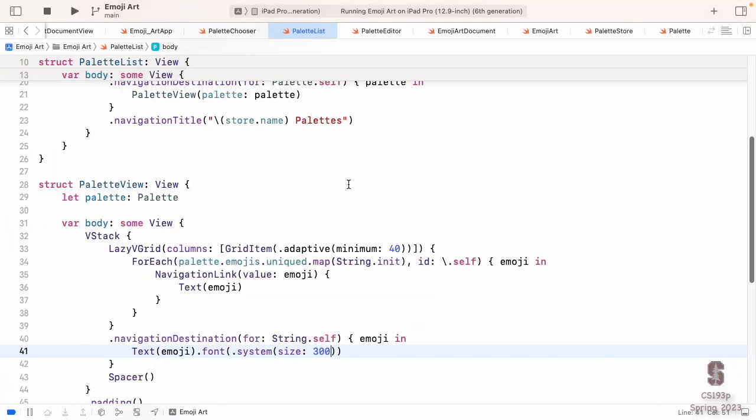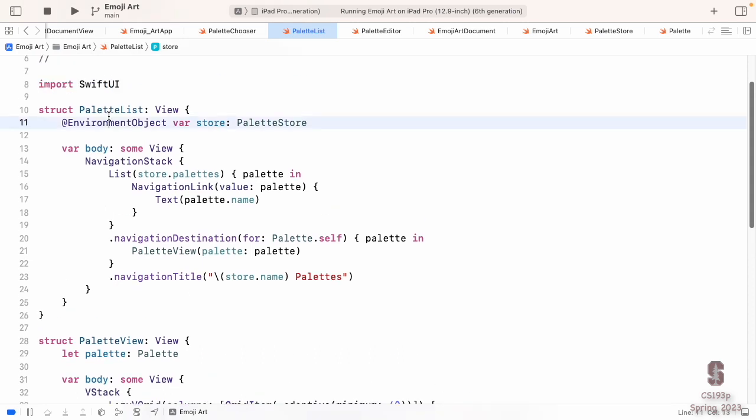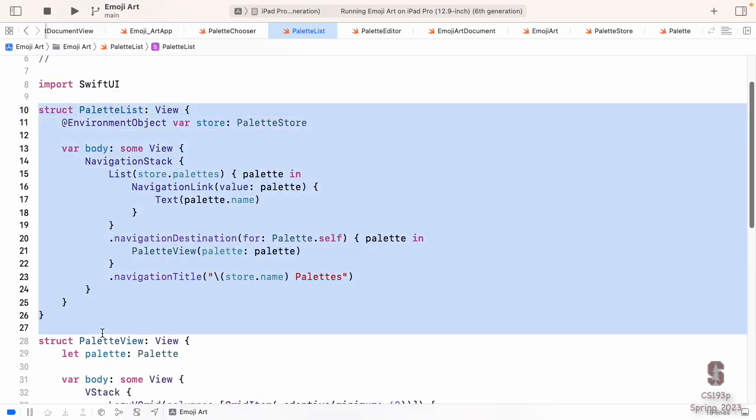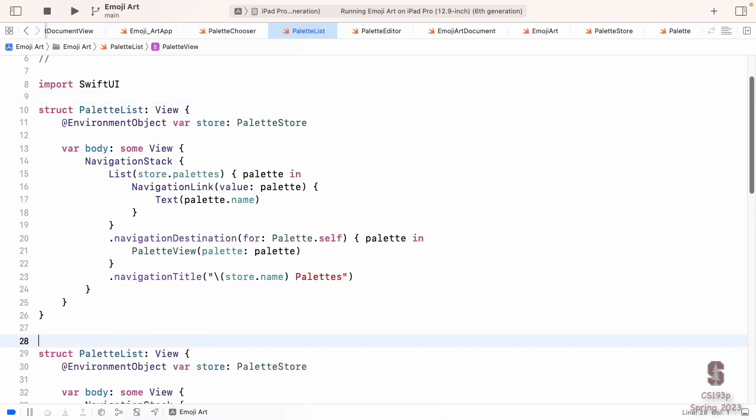Let's go make that. I'm going to do it by starting with this same palette list code, but I'm going to copy and paste it because I want it to be something where you can look at them both and see them side by side. The editable one and how it works, and the non-editable one that's very, very similar but doesn't have all the editing features right next to it. So I'm starting with this same thing and start right off the bat having the list be a little more than just the names. It's going to be a little more like what we saw in Memrise with the themes. I'm going to put the names and the emojis there.